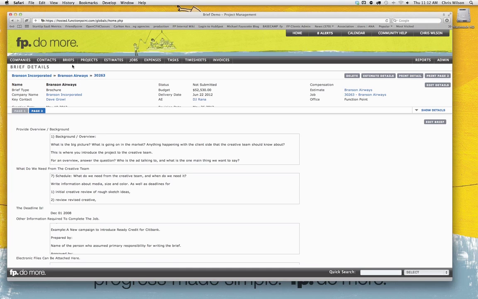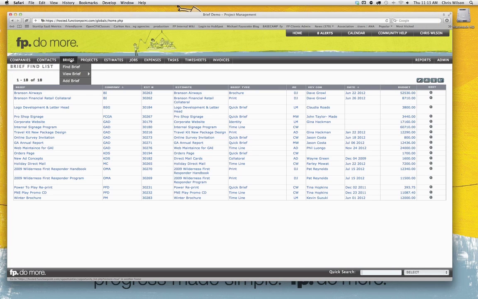Now, coming back to the navigation itself. The brief component, of course, in itself, in the module menu, if I select this, this repeats the previous find that I had done. And this is, again, consistent across the whole tool. So anytime you've done a search, if it was, say, for open jobs or jobs for a specific company, or in this case, briefs that were related to open jobs, just selecting the main menu navigation module name will repeat that find for you.